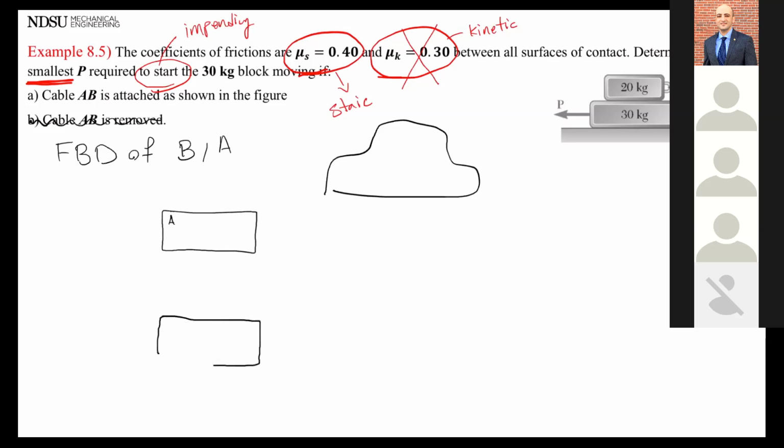You pull one, there's going to be friction upon the other. The reason is this one is going to move this way, this one is going to move this way. There are forces created in between these two. Friction is created, right? The only way I can put that friction on a free body diagram is if I make it free. As long as they're attached to each other, I cannot put a bunch of forces here. This is wrong, right? So I have to make both of these blocks free, draw an outline of each of them. Now I can put forces on